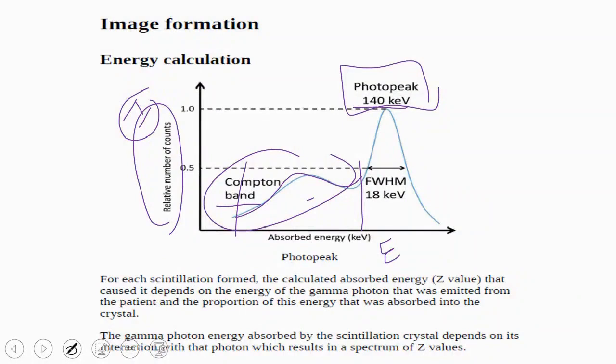As a gamma camera, I can do detection. Should I work with the 140 or should I work on the Compton? They said no. Work on the photopeak. Why? Because it has high intensity, meaning a larger number, so you can achieve a shorter scan time and also give you more resolution. If it does something called pulse height analyzer,